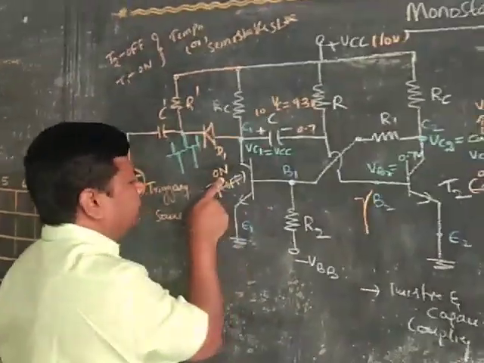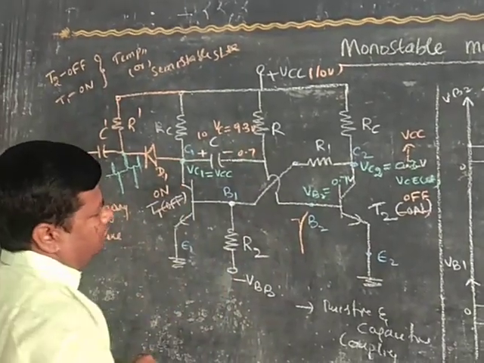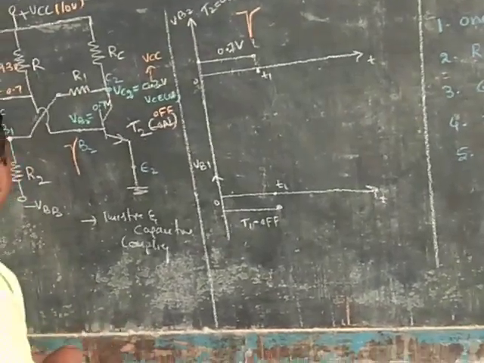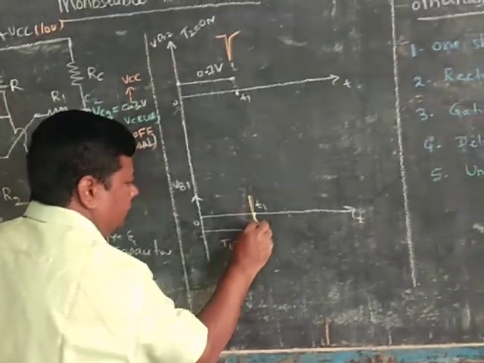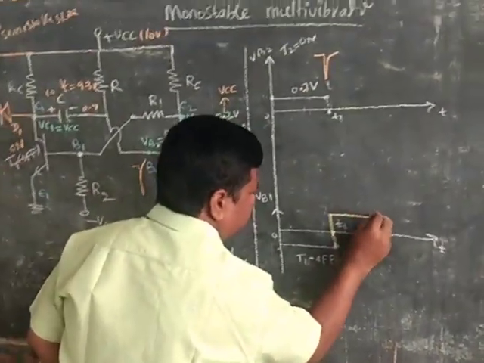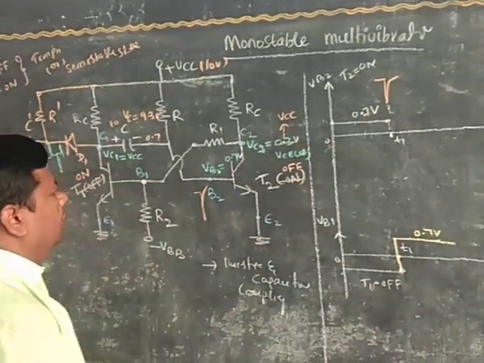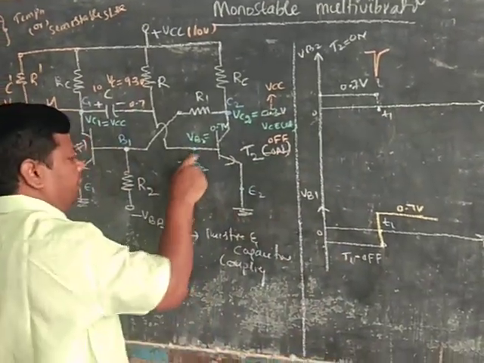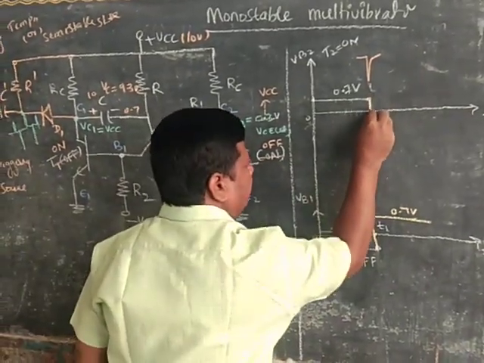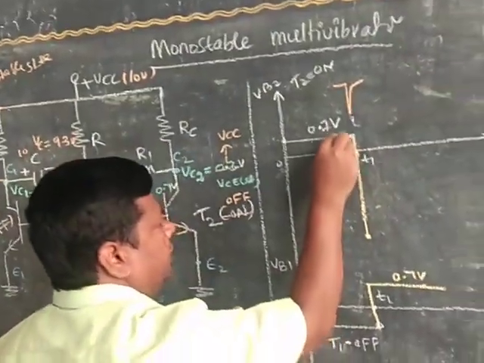Now here the T1 transistor is on. Previously the voltage across the capacitor is 9.3 volts. Now we have to draw this one. T1 enters into on, its base voltage is 0.7 volt. Now at t equal to T1, VB2 decreases,